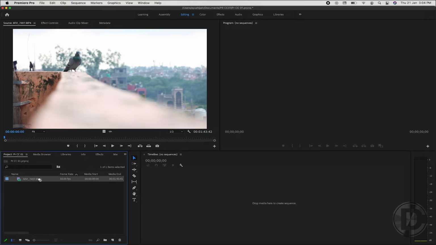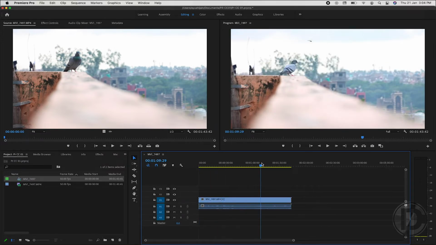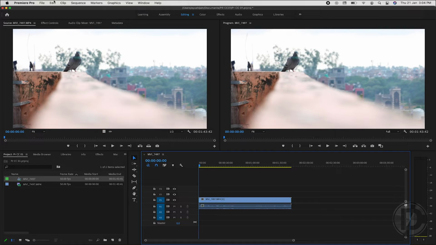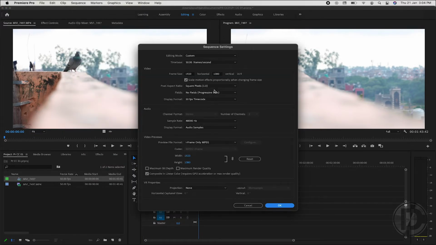So you can simply drag your clip from the project monitor to the timeline. By doing this, Premiere Pro can automatically create a sequence according to the clip settings. You can change your sequence settings anytime by going to the sequence option, which is on the top left corner of the screen. Choose sequence settings and here you can change any setting anytime.